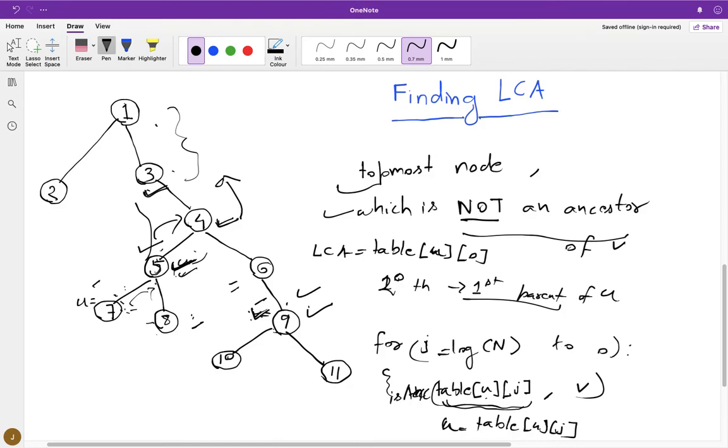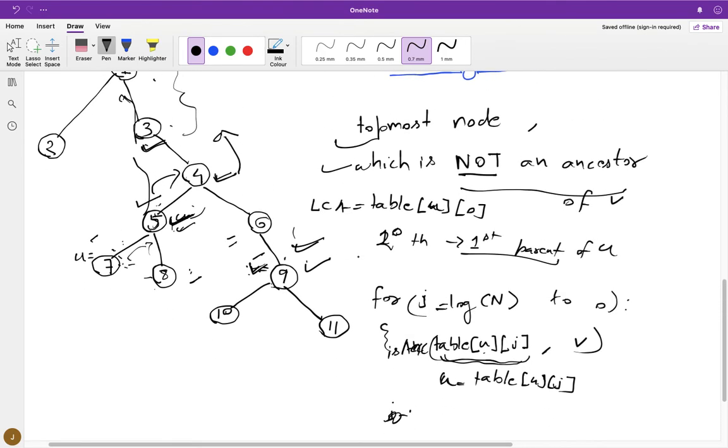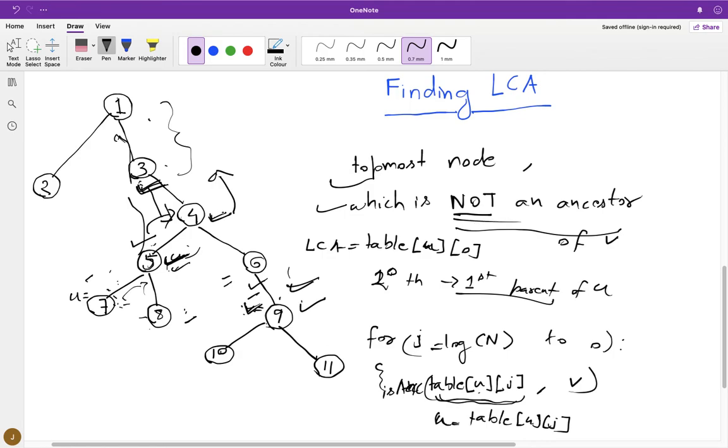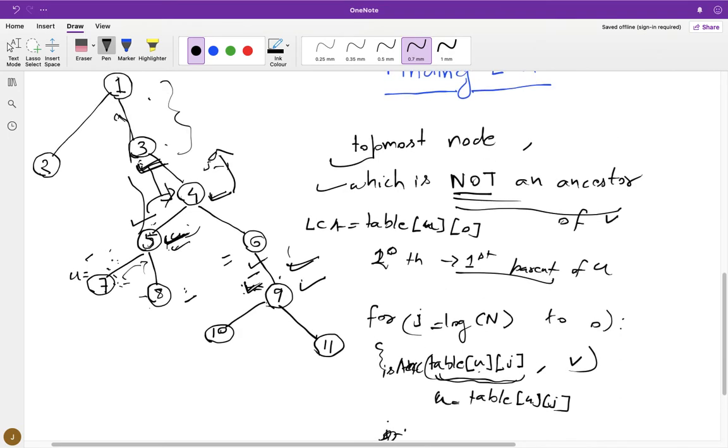then there is no point in moving pointers upward, because every ancestor which is also an ancestor of 3 is also going to be an ancestor of 9. So we simply don't care about moving the pointer anymore. We simply decrease the value of j, because we know that decreasing the value of j means going down the tree, right? And if this parent we encounter is an ancestor of v, we don't care about that ancestor, because we care about something that is not an ancestor. So we simply decrease the value of j, because if you decrease the value of j, the next node you might encounter is going to be further down that node.